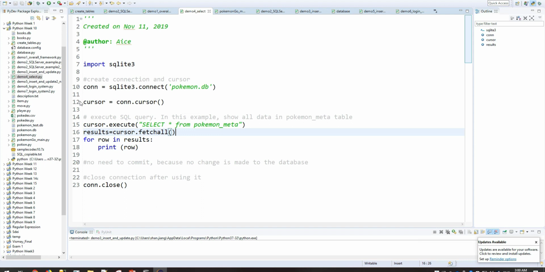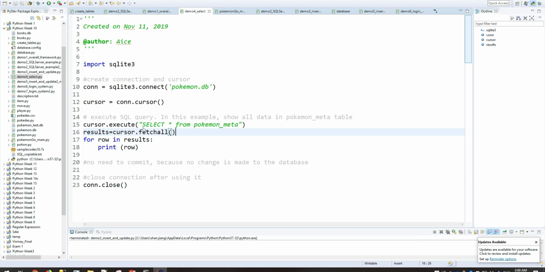In this sample code, instead of inserting and updating the table, I'm showing how to select from the table. This time we are reading from another table that I have already created before, in Pokemon.db, which contains a relatively complete Pokemon meta table that has a lot of Pokemon information.